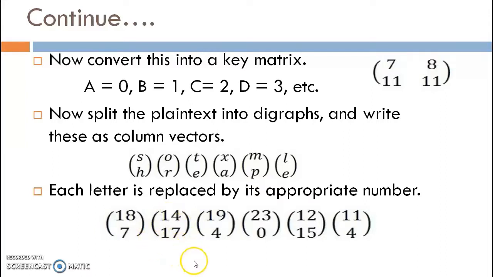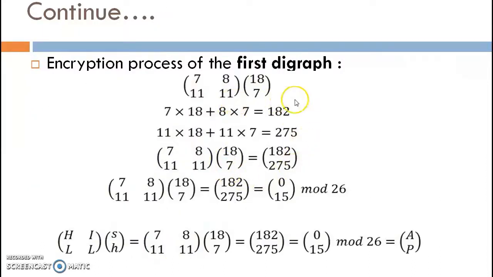Based on that table, we convert the column vector to the numeric column vector, and then start the encryption by doing the matrix multiplication of the key matrix and the column vector. The first row multiplied with the column vector: 7 times 18 plus 8 times 7 gives 182. Same way, the second row: 11 times 18 plus 11 times 7 equals 275. So we get 182 and 275.